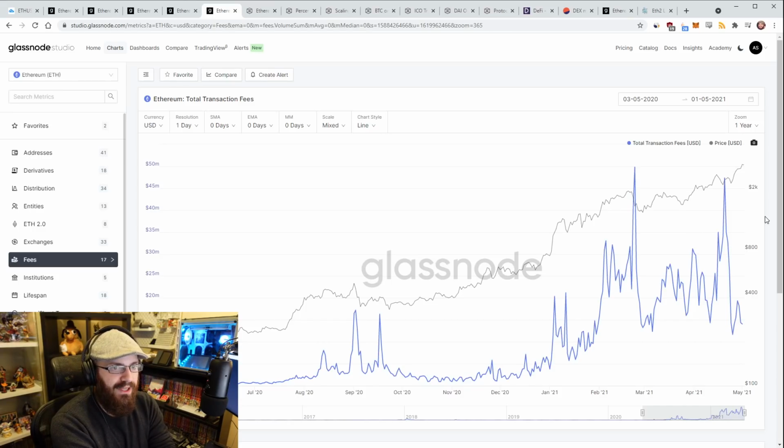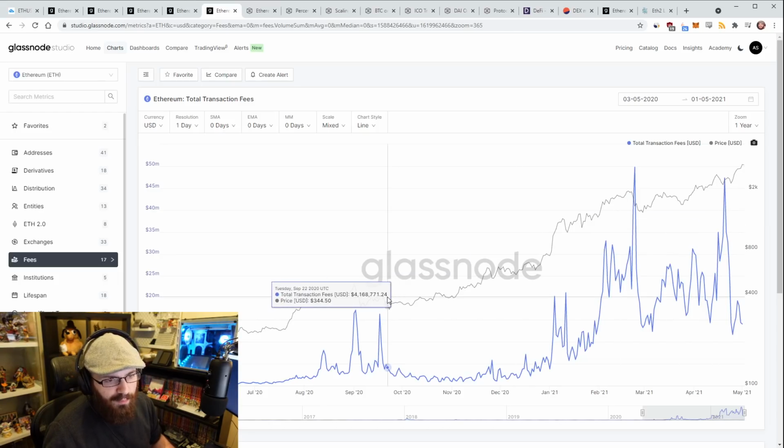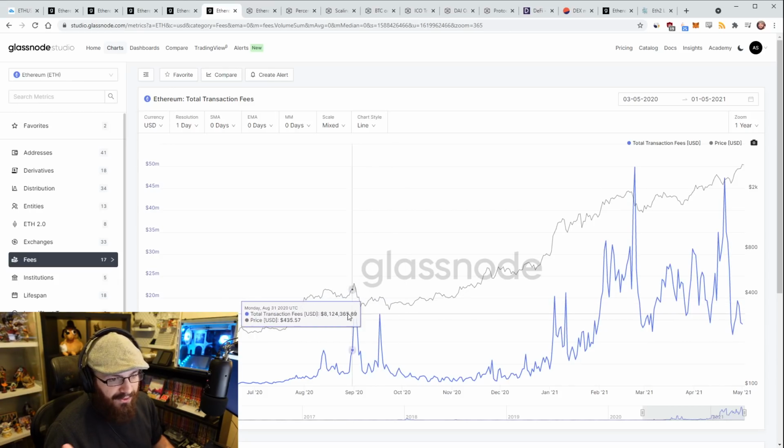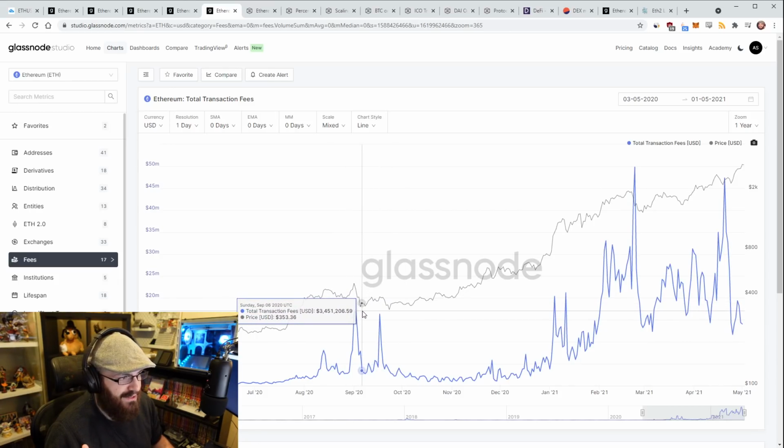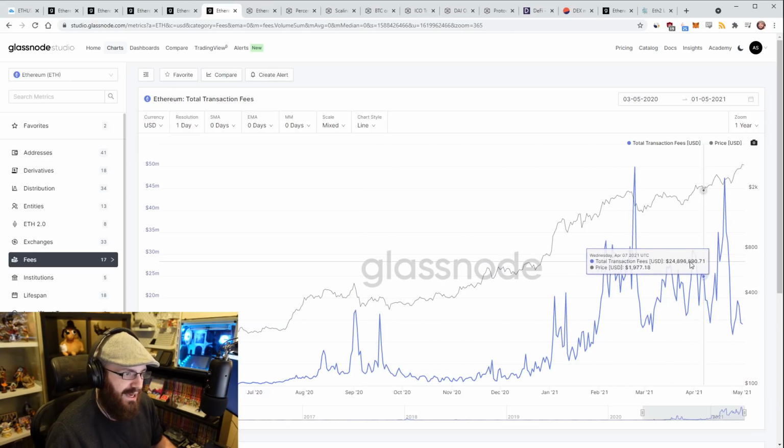And network activity can spike for any number of reasons. The fees can be high for any number of reasons that have nothing to do with the ETH price. It could be a DeFi summer, for example, where the ETH price is trending up a little bit but not really doing much, while all these other DeFi things are doing a lot more. So from that perspective, it's quite funny to see that. And you even look back at DeFi Summer here, and the highest it spiked to in DeFi Summer was like $17 million. And that was without Flashbots or anything. That was the old gas limit and stuff like that. And then you can see how we've dwarfed it here.